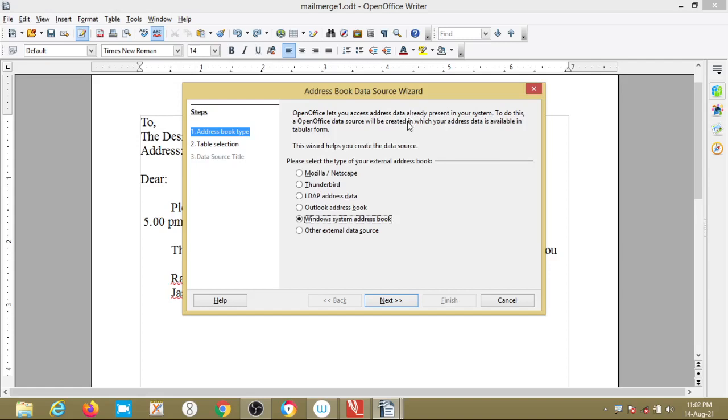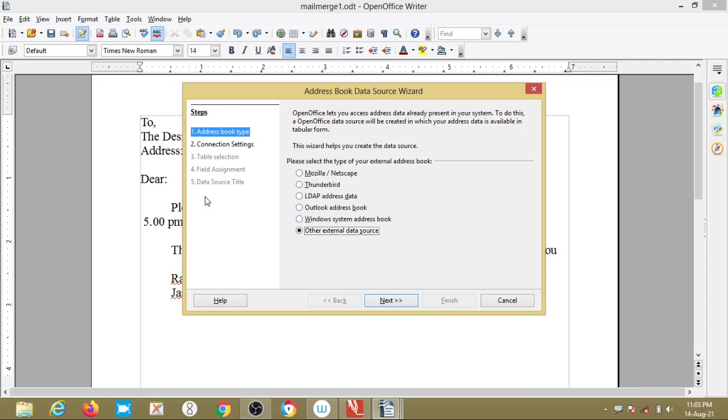Next, in this we have to choose Other External Data Source. By default it will be on the Windows system address book, but we have to select Other External Data Source. See, actually in a mail merge there are 8 steps, which you are going to study one by one in detail.